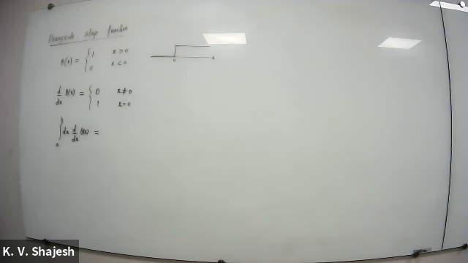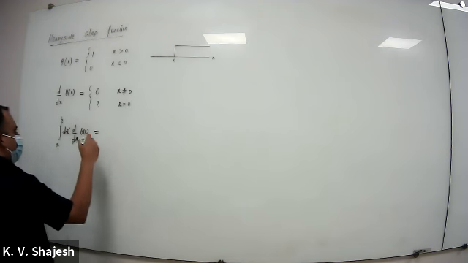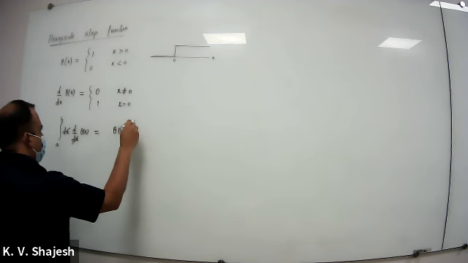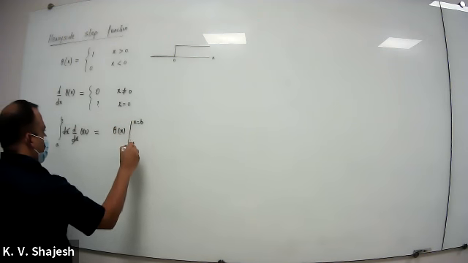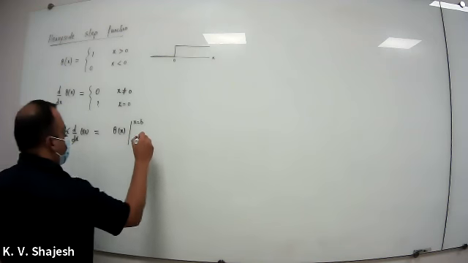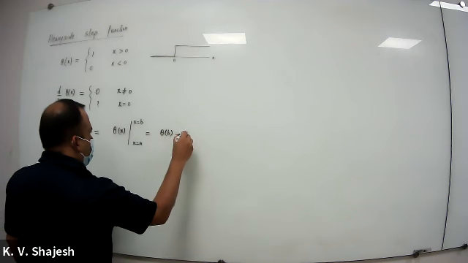They cancel out. I just have to evaluate theta of x at x equal to b and x equal to a. So derivative and integral are inverses of each other. So that's theta of b minus theta of a,